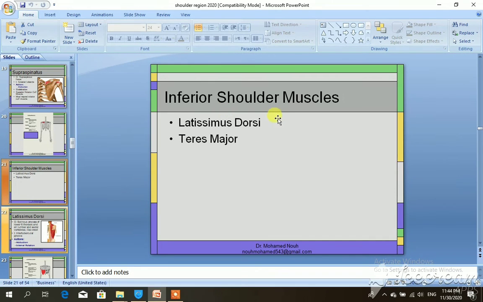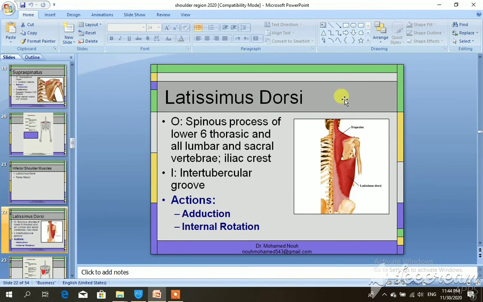The inferior shoulder muscles are latissimus dorsi and teres major. The latissimus dorsi: lat means large, dorsi means posterior. It originates from the spinous processes of the lower six